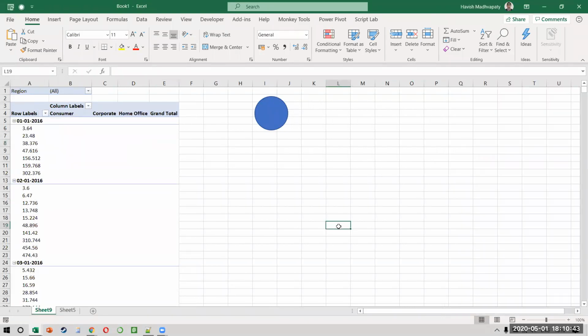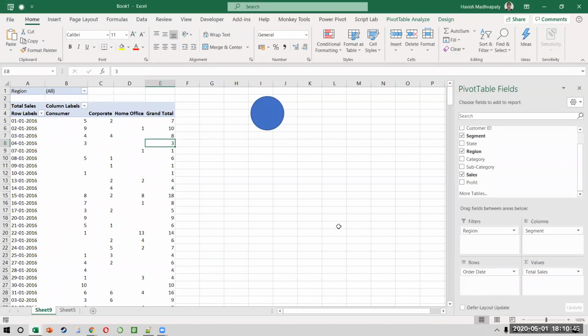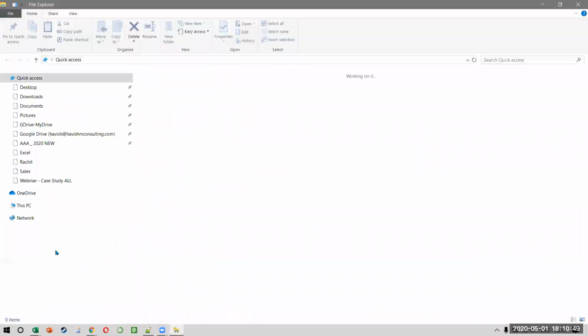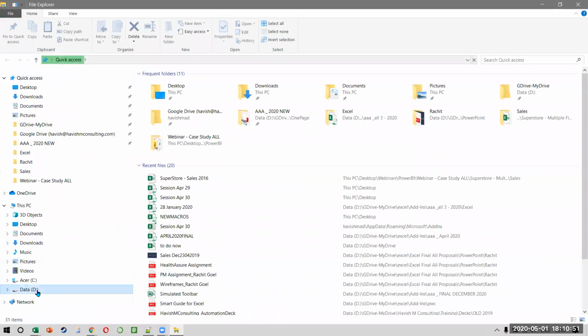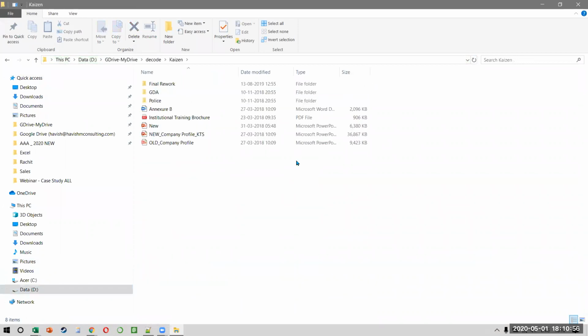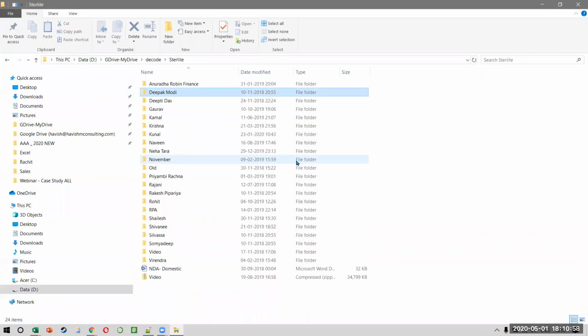At the end of the day, if you say my role doesn't require me to create a pivot all the time, then probably it doesn't help you. I'll give you an example, something we did for a client, maybe that will help you see the sort of advantage we get. So this would be Starlight and then